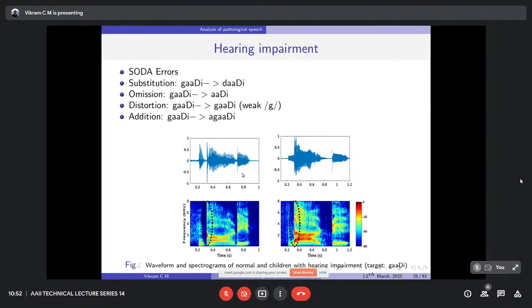Say this is the sound gadi, and this is what he substituted as dadi. When we look into the spectrogram, we can see that for gadi we can notice some energy around the 2 kilohertz. Whereas for dadi, this 2 kilohertz concentrated energy is not there. Next is